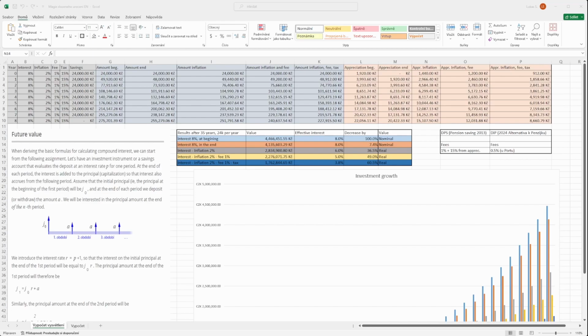Today we are going to discuss if it's true when Albert Einstein stated that compound interest is actually the eighth wonder of the world. So we will be discussing how it's calculated, we will be discussing some differences, and the reason